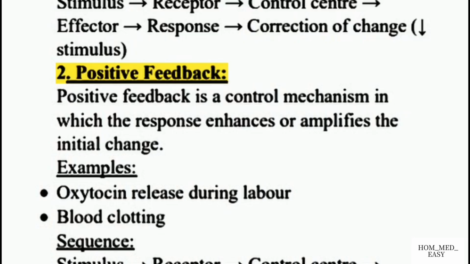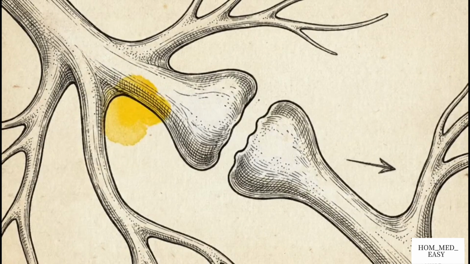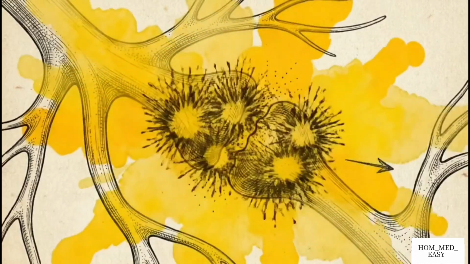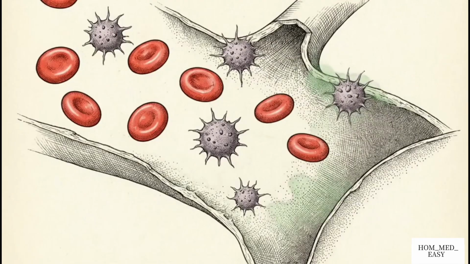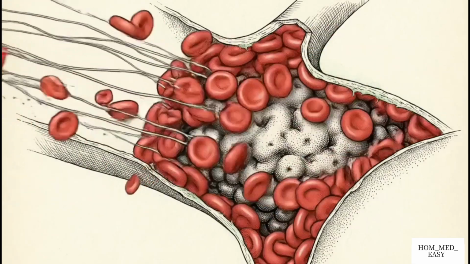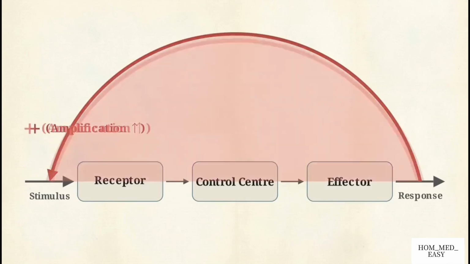The body uses a second control logic known as positive feedback. This mechanism enhances or amplifies the initial change rather than suppressing it. Instead of reversing the stimulus, the effector's response actively increases it. During childbirth, the release of oxytocin stimulates physical contractions, which then trigger the body to release even more oxytocin. Blood clotting follows the same pattern. Damaged vessels attract a few platelets, which release chemicals that pull in hundreds more in a rapid cascade. In this sequence, the response feeds back into the system to drive an even greater stimulus, creating an upward amplification